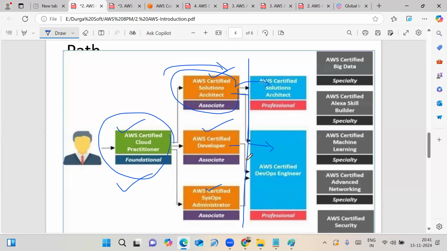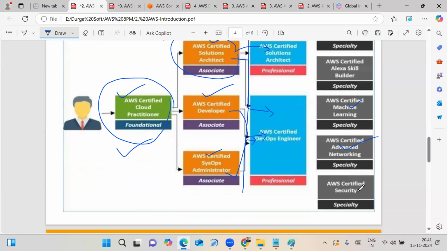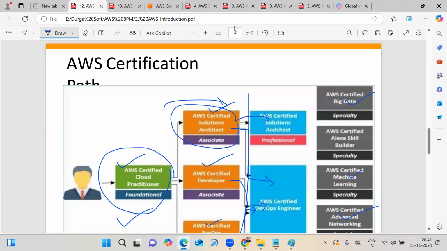Apart from this, AWS provides many more specializations: AWS Certified Big Data Specialty, AWS Certified Alexa Skill Builder, AWS Certified Machine Learning, AWS Certified Advanced Networking, AWS Certified Security, and many more specialization certifications.